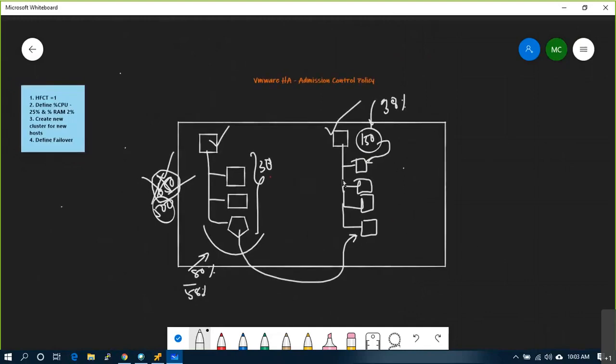You have a cluster. Take any cluster, this or this, it doesn't matter. You have a cluster, and how many hosts can you have within the cluster? Bit louder, please. Your voice is not at all audible. Hello? Hello. Yeah. Maximum 64. Yeah. Now it is audible.